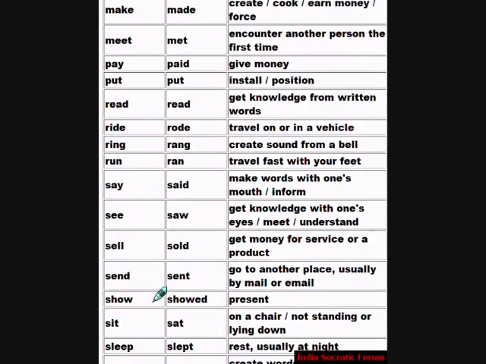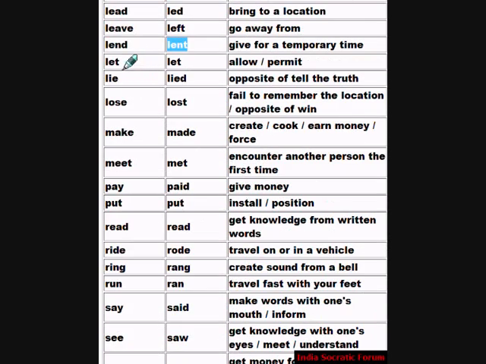Finally, let, let, lie, lied, lose, lost, make, made, meet, met, pay, paid, put, put, read, read, ride, rode, ring, rang, run, ran, say, said, see, saw,